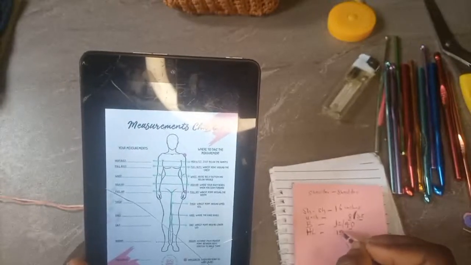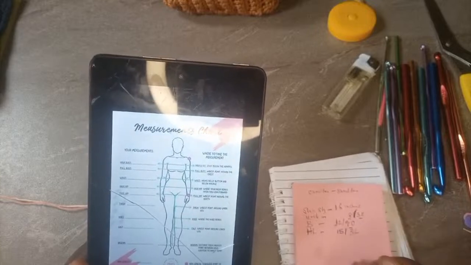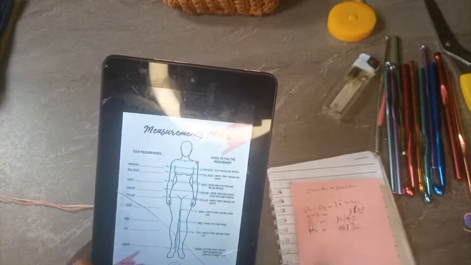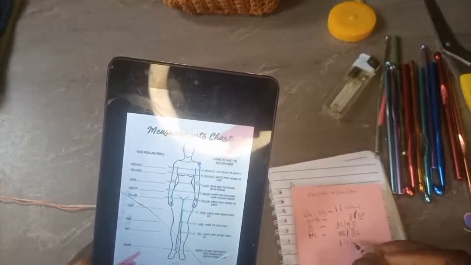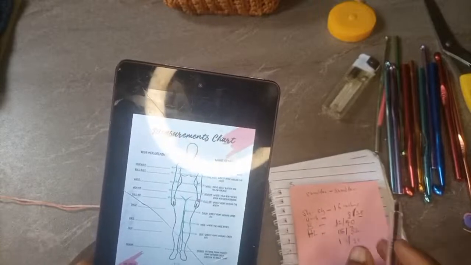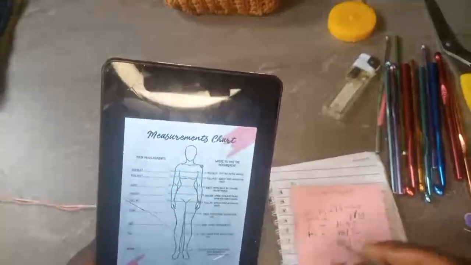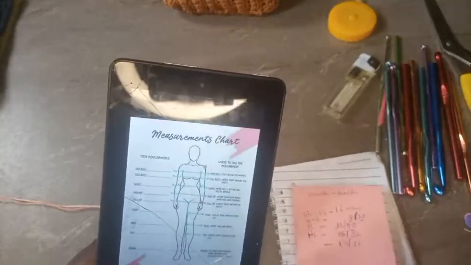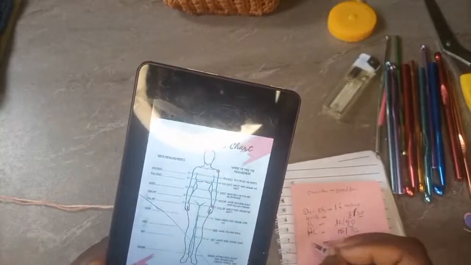All right, my half length is 15 by 32. Now my normal waist is 19 by 32 too. It's the same thing. For some people, their half length is thinner than their waist, but I don't have a very perfect shape, so you can always have this. So this is the waist, that is the high hip here.